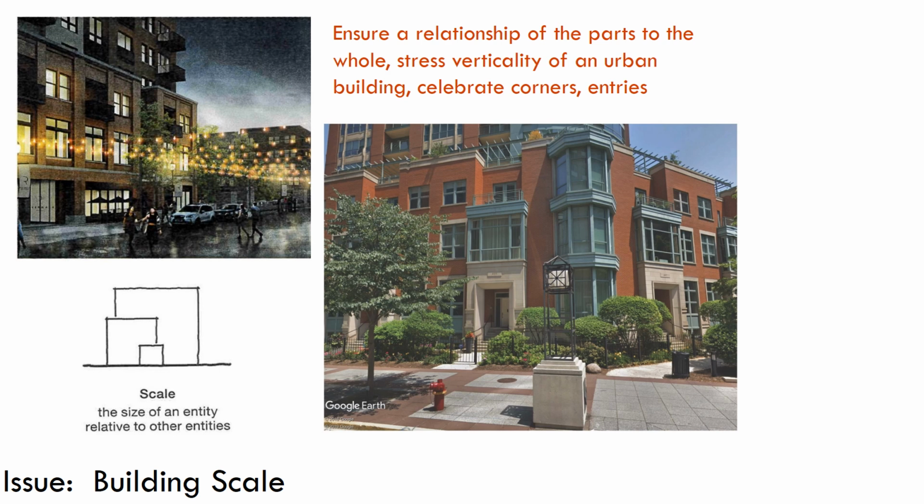First, we're going to take a look at building scale. Scale is an idea of a relationship of parts to the whole, and we can see that shown in this diagram. And what we want to have in a building is a sense that there's this kind of breakdown from a main mass to a secondary and to a third, and that there's some kind of an observable relationship between these. And on the right side, we have a condominium building. This was in Chicago, not far from where I lived, right in downtown. It's along the river. And there is a high-rise building that's in the middle of the block. We can kind of see it in the background here.